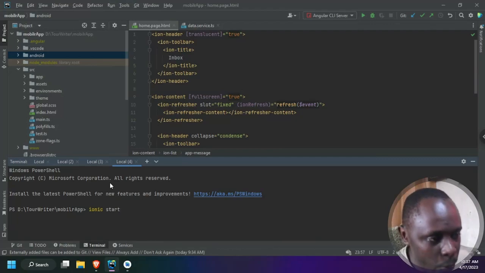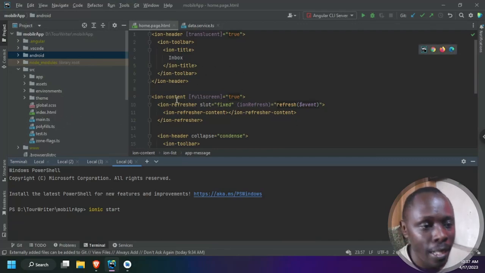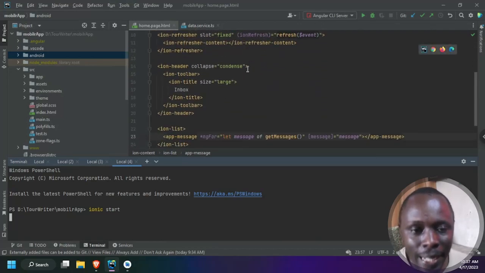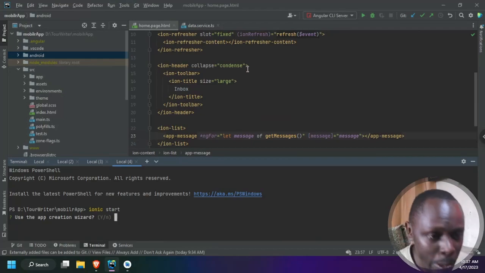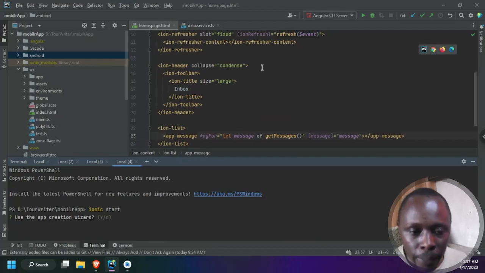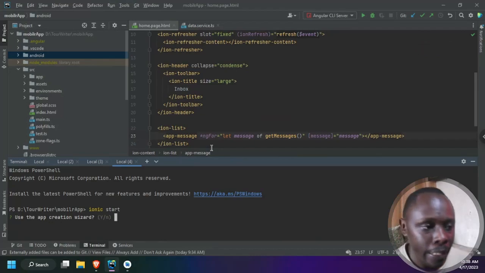I've just used the one with the list, which has some basic data in it, which we are going to use. Also, I'm going to explain to you. So we're going to have a starter page, which has the home page, and this page has data in it. It has an array of messages, a list stored in an array, and it is being pulled into the view by ngFor,